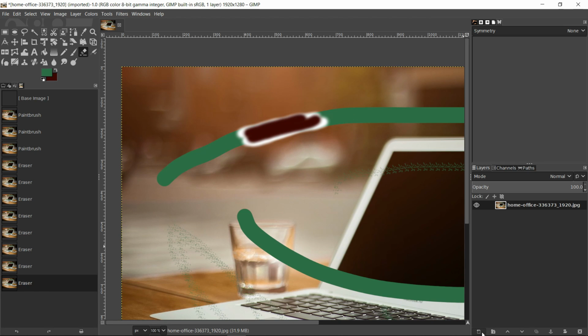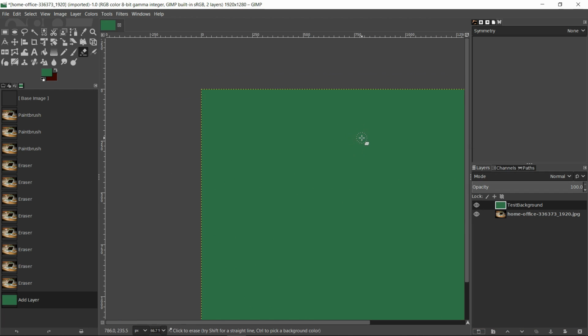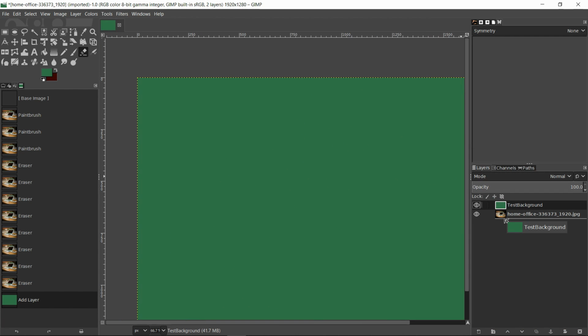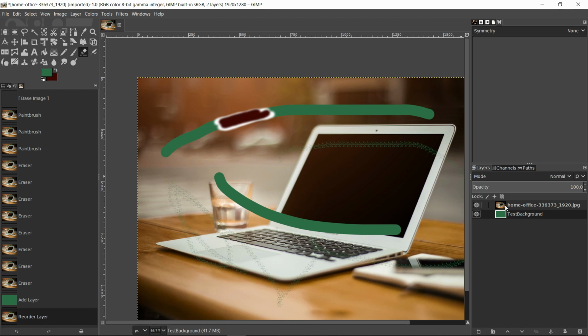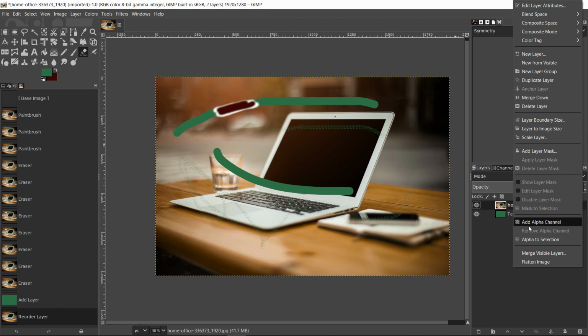So now we need to add in the layer again. So I'm gonna create this new layer. I'll call it test background and use the foreground green. We can see that that's completely green. If I put that as the bottom layer, that means it's hiding behind the top layer. So we can't see anything because nothing has any alpha yet, but if I right click and add the alpha